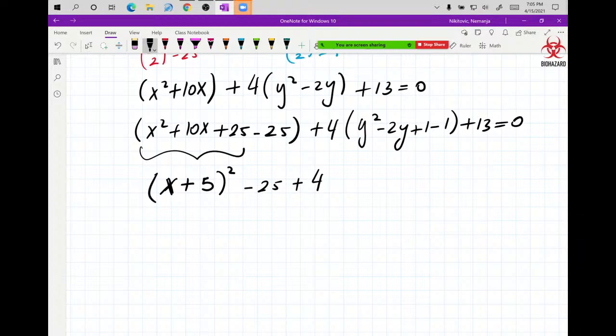And now we do the same thing here. We have our square root of the first, sine of the second, square root of the third, put the square on top. And now this is where the grade dies. You, for some reason, forget to multiply this minus 1 by 4. And then you end up with wrong numbers and things make no sense. So minus 4